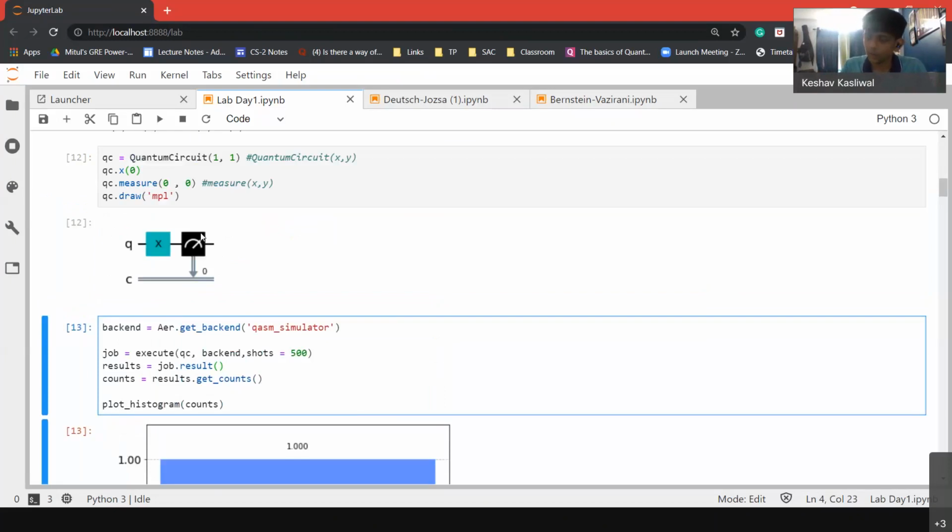Shots is the number of times you run the circuit. As we know, in a for loop, let's say we run a particular command n times, where n could be anything. Over here it is the same thing. The significance behind shots is that we run it that many times in order to get a proper understanding. It creates a sample set of the outputs, then we get the counts, and then we plot those counts. So I hope